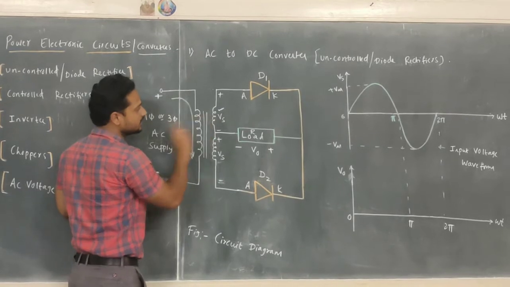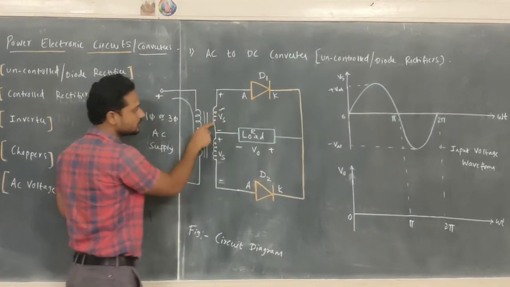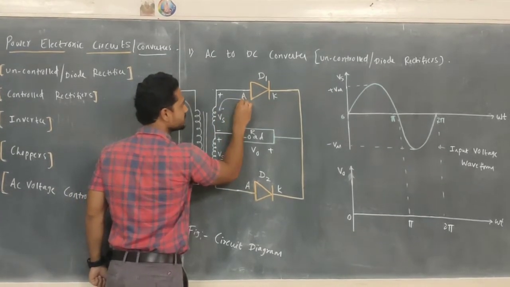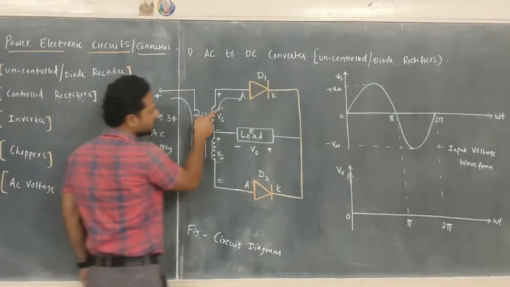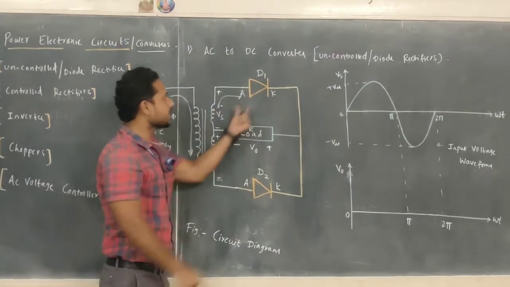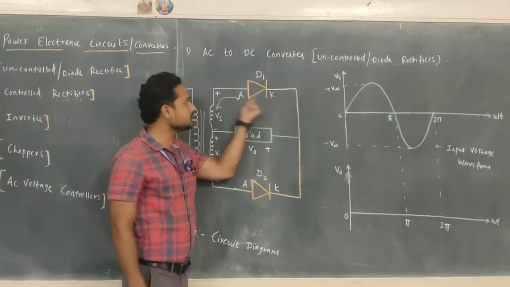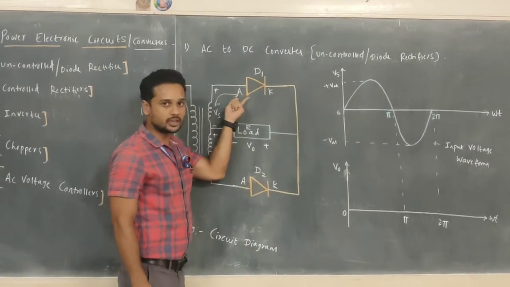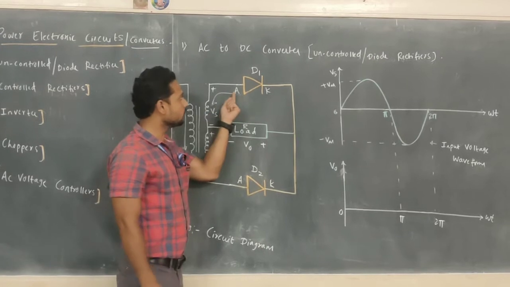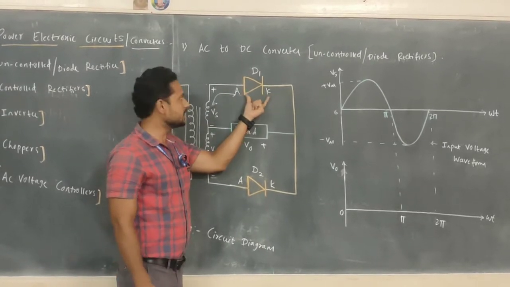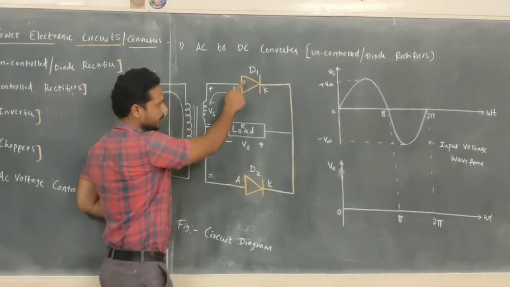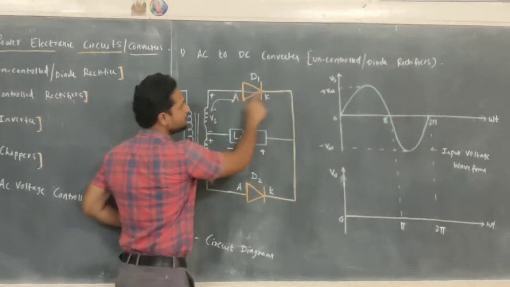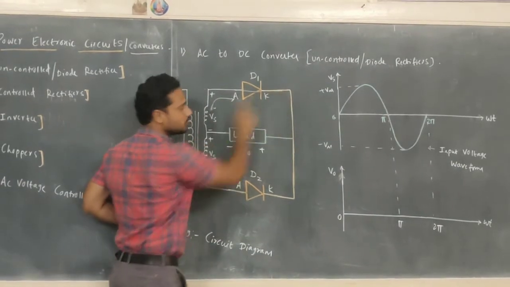So in this case, as this upper portion of secondary winding is being energized, the current will flow in this direction. Alright. Now, when the current flows in this direction, look at the direction of diode D1 here. This is your anode, this is cathode, positive and negative, and current is entering at this anode terminal, that is acceptable. Current will flow from anode to cathode. So this means this diode D1 will be forward biased, hence it acts as a short circuit. Now there is a path for the current to flow through this diode D1.